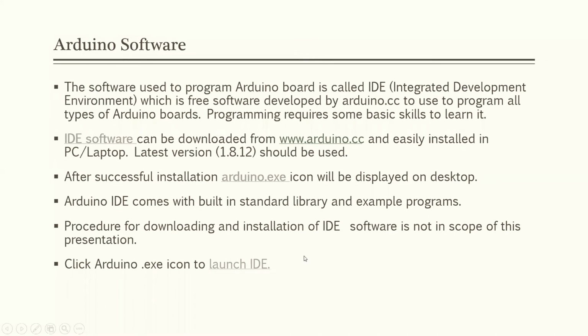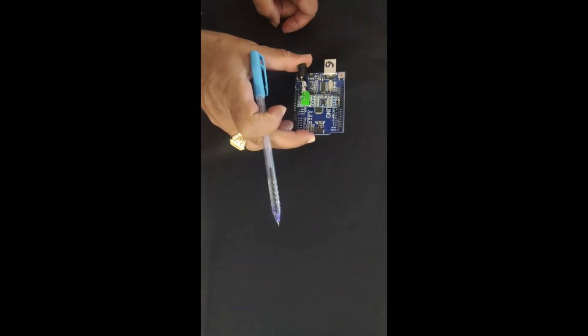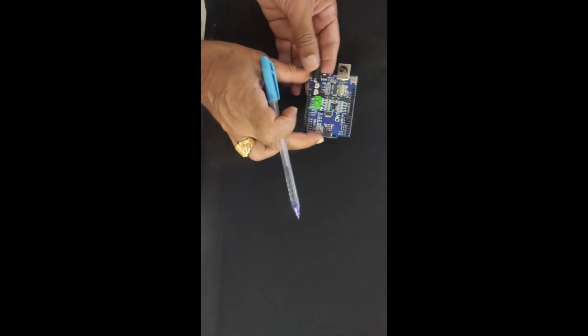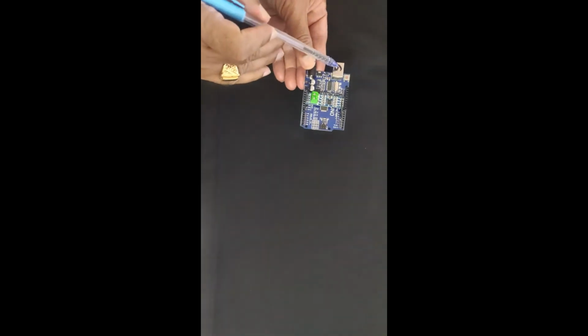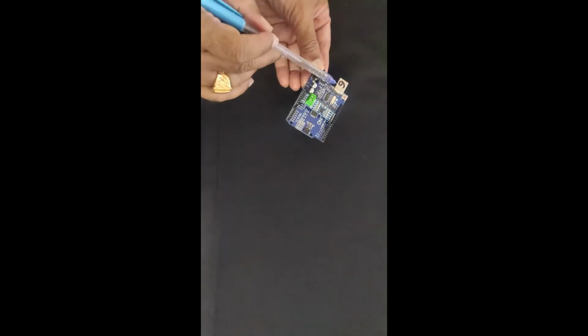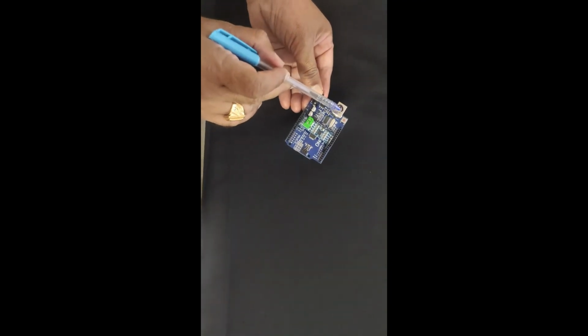Now let us learn how to interconnect. Let us learn how to set up Arduino for making simple projects. So look, this is an Arduino board. It has a port, this is a USB port. It looks like this from the front, and from the top it looks like this. This port is used to program the Arduino board.